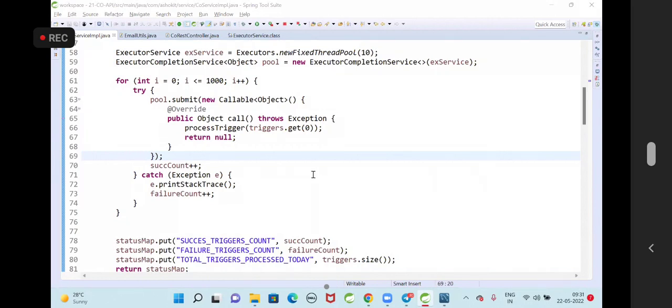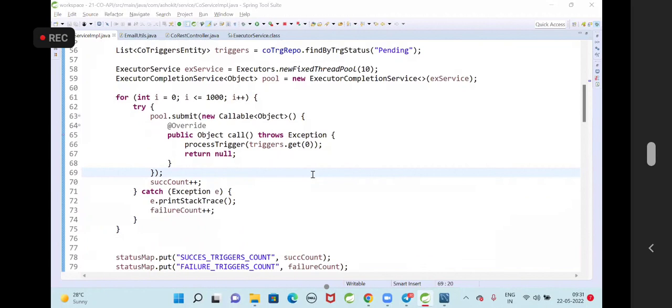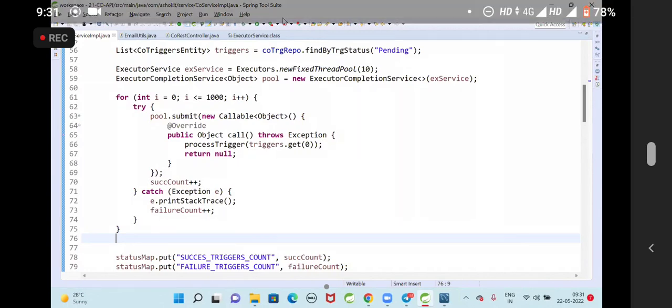Now, when we have executed the program with a single thread, it has taken 5 minutes of time to process 1000 triggers. But now, I have created a thread pool with 10 threads and I have executed the same program with 10 threads. Now it completed the processing within 20 seconds of time. 20 seconds, versus 5 minutes 15 seconds. 5 minutes of time extra it is taking to